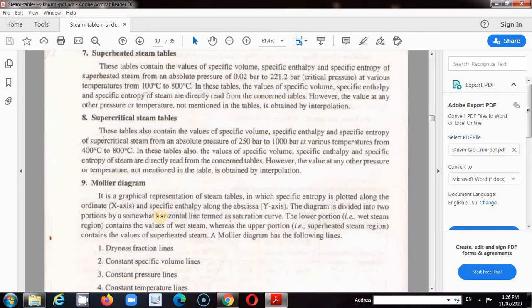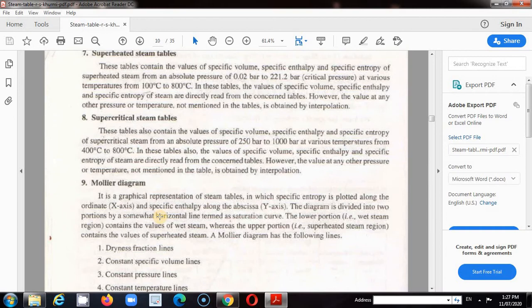The value of the dryness fraction is 1, so x is equal to 1 for that dark black thick line. The region above that thick line is known as the dry region, and the region below that saturated line is supposed to be the wet region. And definitely the dryness fraction of the lines below the saturated line is always less than 1. So you will get the idea about the dryness fraction, which varies from 0.99